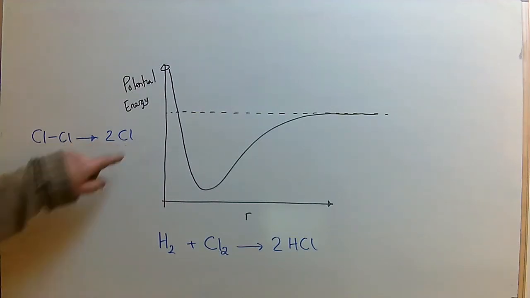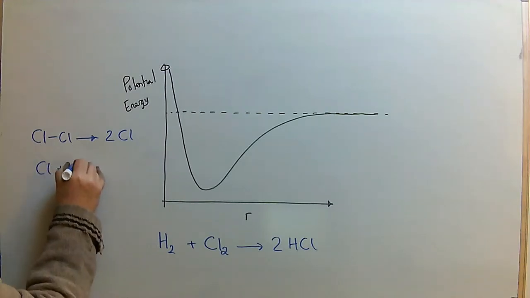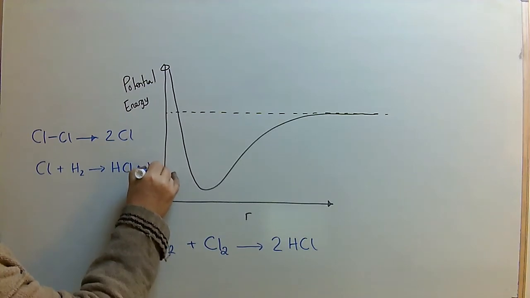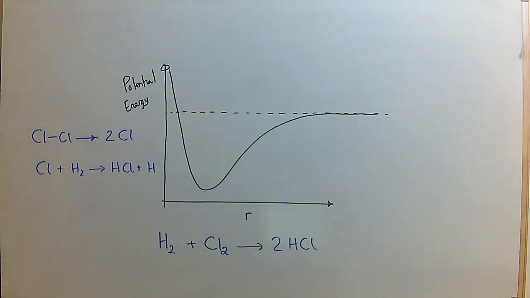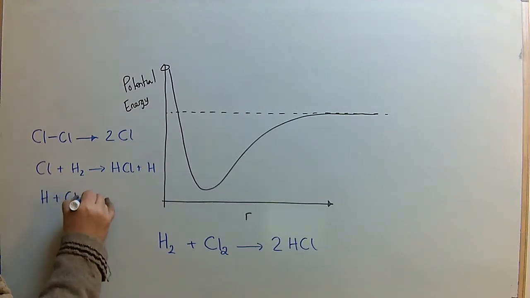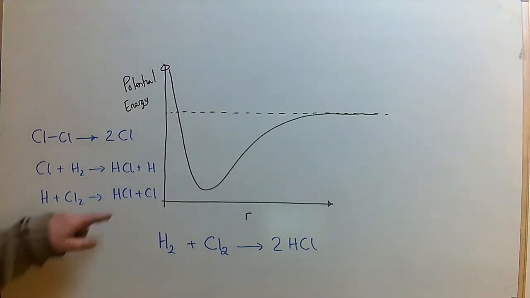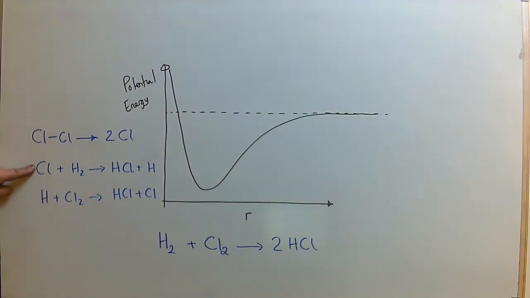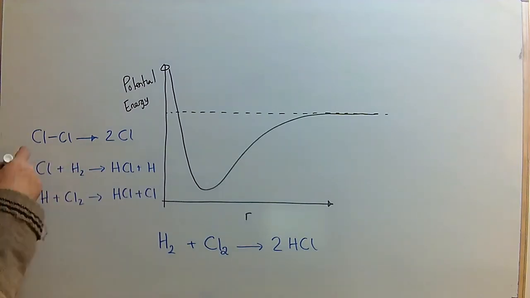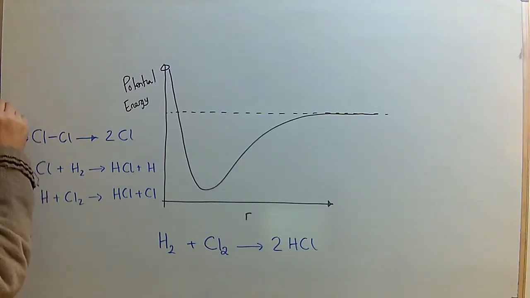And it's only once you've made chlorine atoms that a chlorine atom can react with H2 to make HCl plus H, and then the H can react with more Cl2 to give you HCl plus Cl, and you can see that that Cl can then feed back into this reaction to produce more HCl and H, which feeds back into this reaction. So once you've kick-started it by doing this, so this we call the initiation,